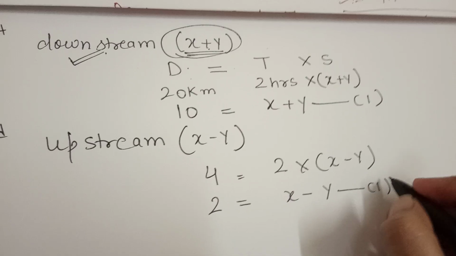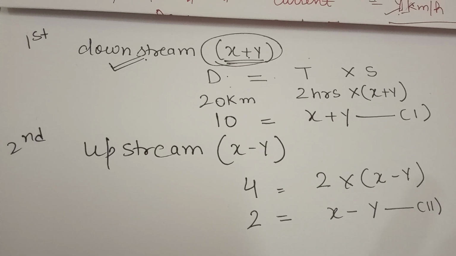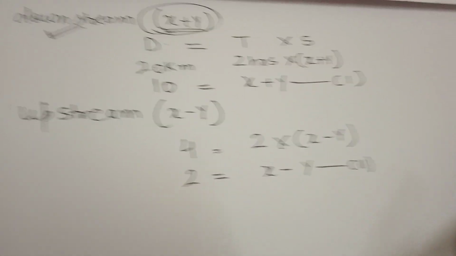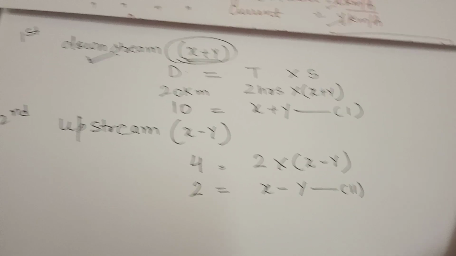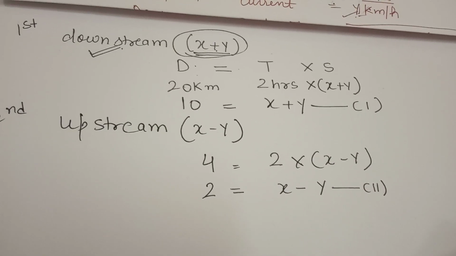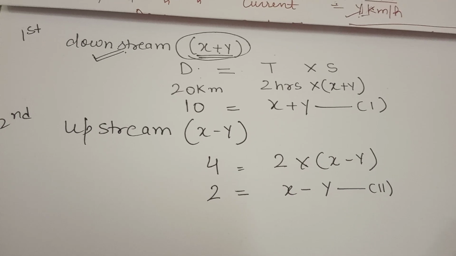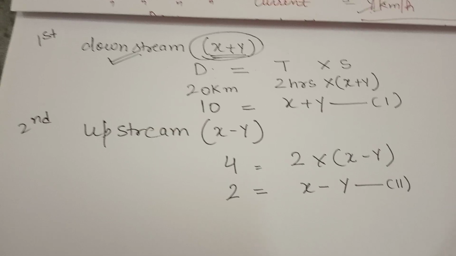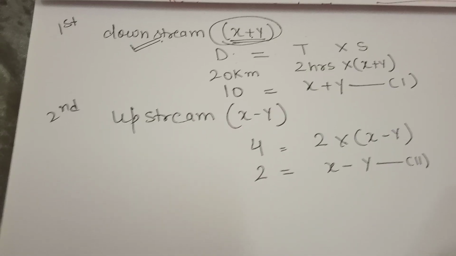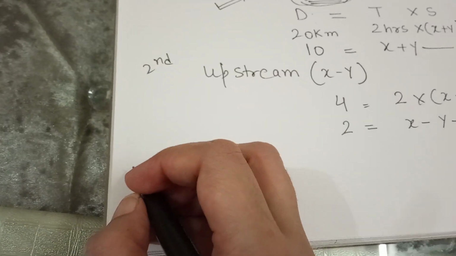So these are the two equations in the first part. X minus y equal to 2 and x plus y equal to 10. And the solution of these two equations will be very easy. You just add the equations, you can eliminate y, 2x will be equal to 12. You use any method and solve these equations. I will form only the equations in the word problems. So now you come to the second one. Okay.